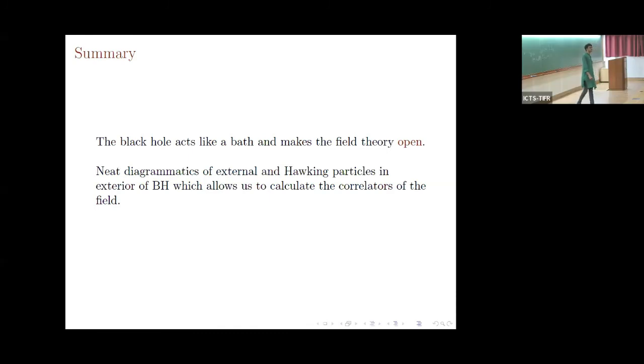Hello? Yes. Just a small question. So since you get an open field theory here, why do you say that the probabilities have to add to 1? It's not unitary in general, right? Well, if you consider the full system, the full evolution is of course unitary. Okay, but I thought the point was to not do that. Sure, but in this full system there has to be a unitarity constraint, and that unitarity constraint is satisfied. Okay, great. And this open EFT comes out of that, so this open EFT is obeying that constraint.